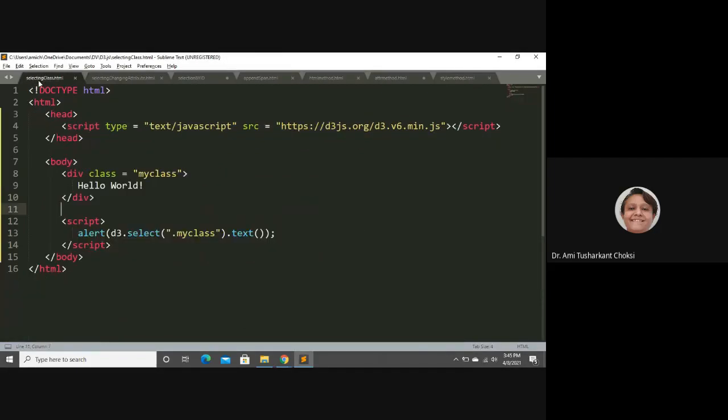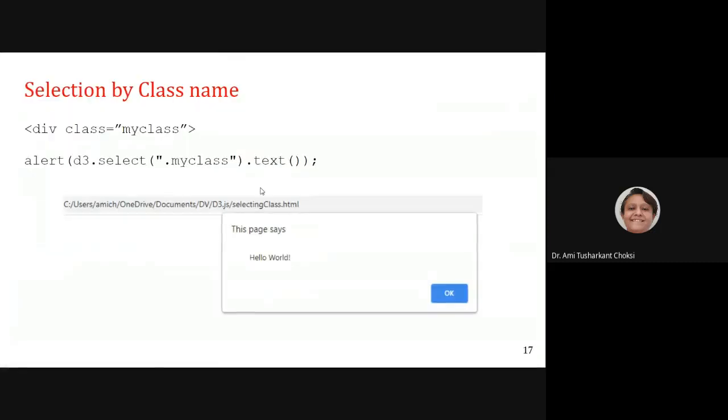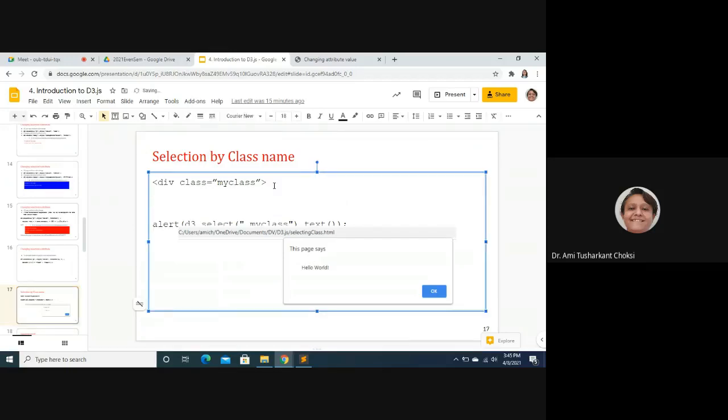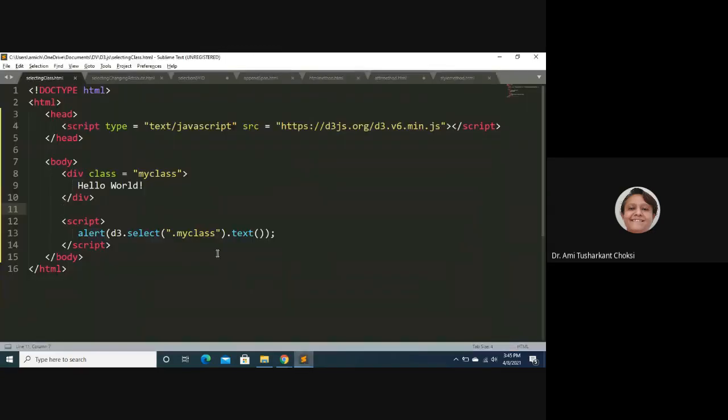Select by class, right? Okay, so here it is for div. My class is that if you want to write it 100%, then you can write it here, right? Hello world, and then after and div, right? The way we have written the code. This is only the thing which I wanted to show you, but you can see it, understand it very properly.